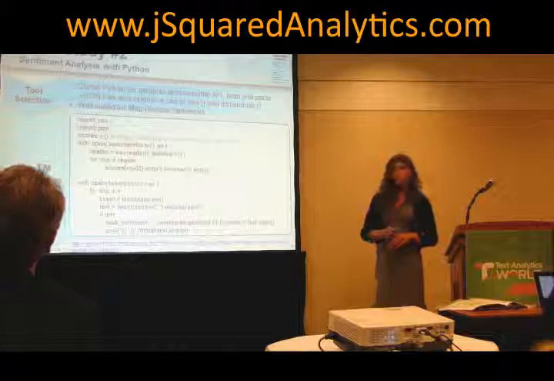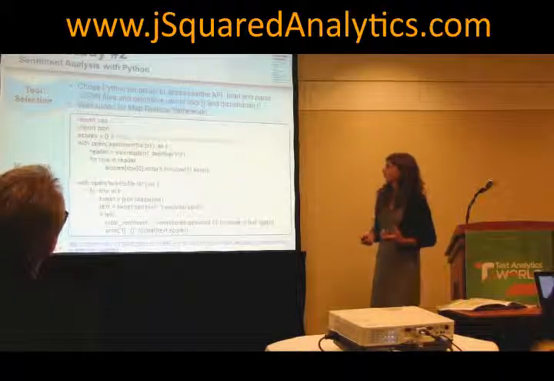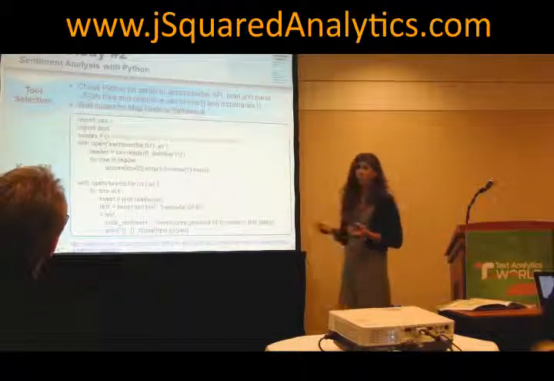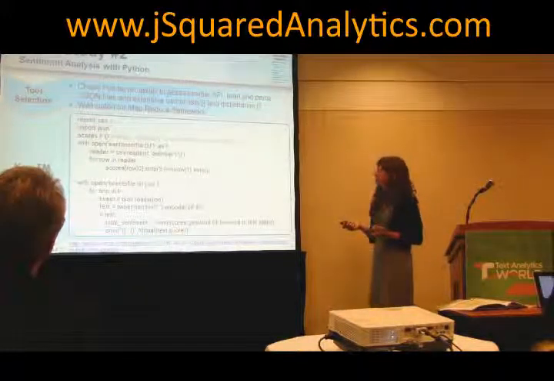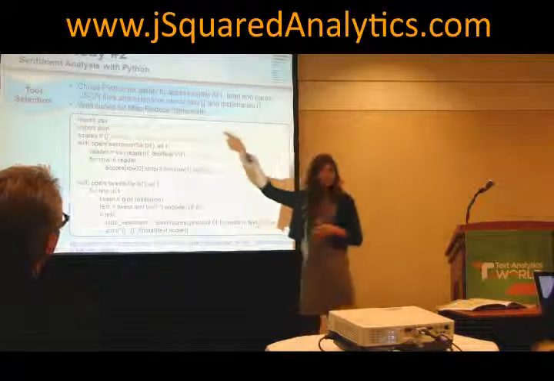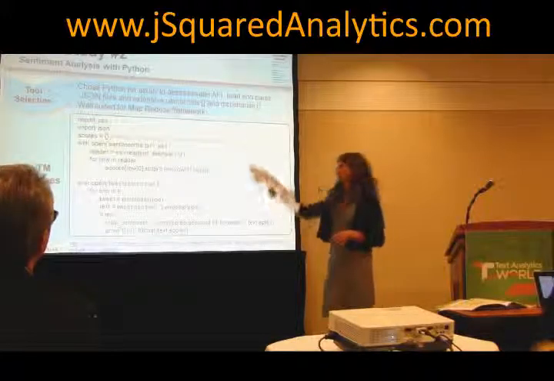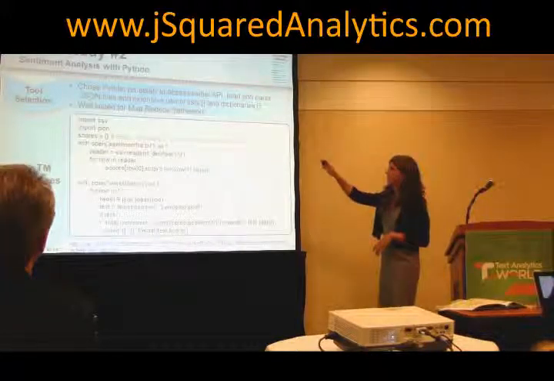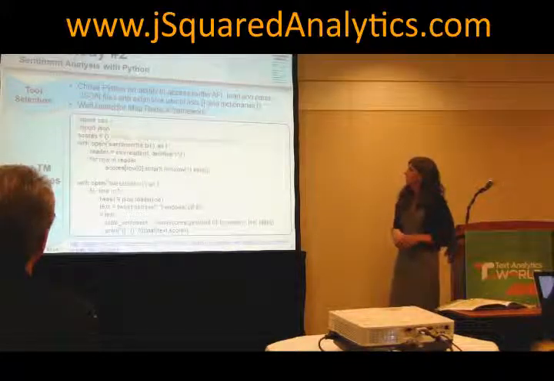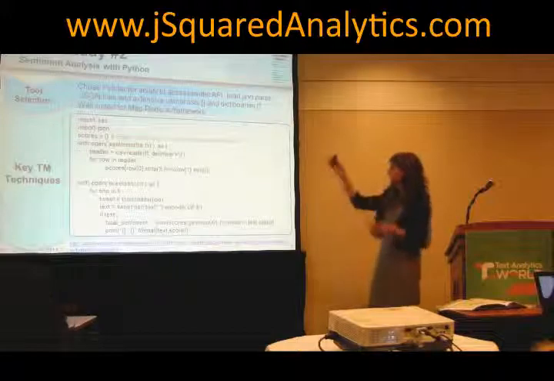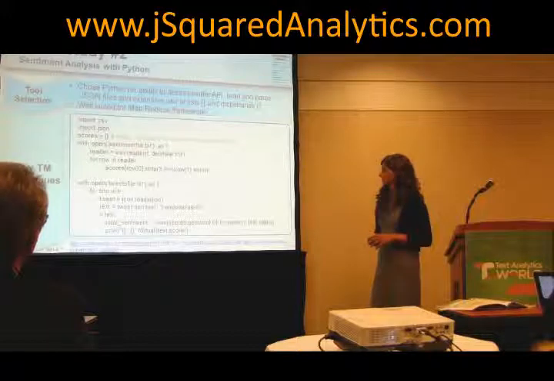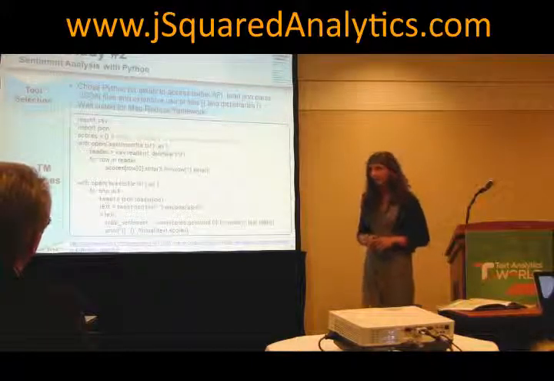So we chose Python for this particular project, primarily because it has the ability to access the Twitter API. It has a pretty easy interface. It's not too hard to code. It can read and parse JSON files, which is the format of a Twitter file. So it has a nice library for handling this input, which is one of the key reasons why we chose Python. And it has extensive use of lists and dictionaries, which makes the actual process easy. And it's well suited for MapReduce.